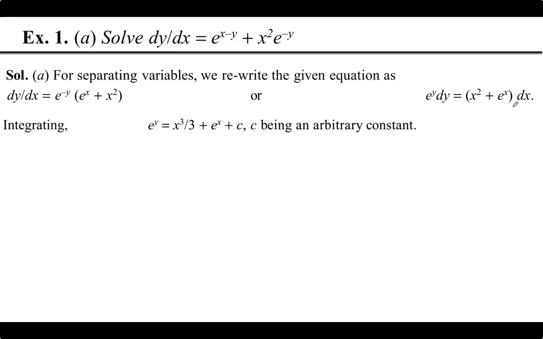Now we can integrate both sides of the equation to get our solution. We know that integral of e raised to y with respect to y is e raised to y, and integral of x square is x cube by 3. Integral of e raised to x is e raised to x, and then we have the constant of integration c. So this relation e raised to y equal to x cube by 3 plus e raised to x plus c